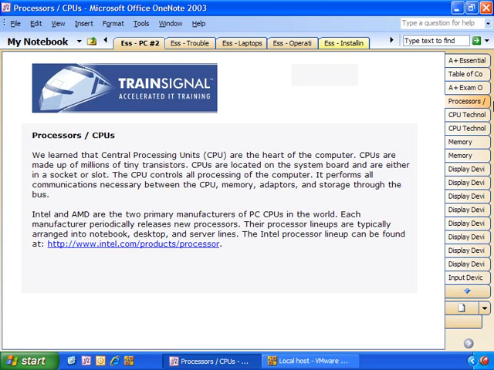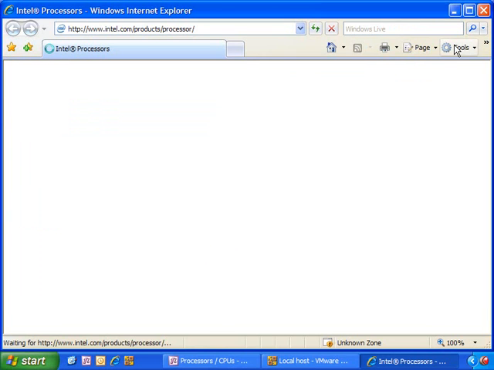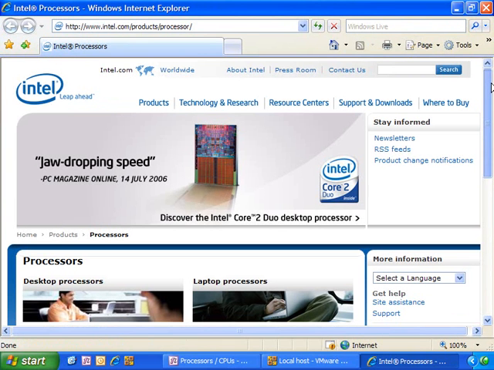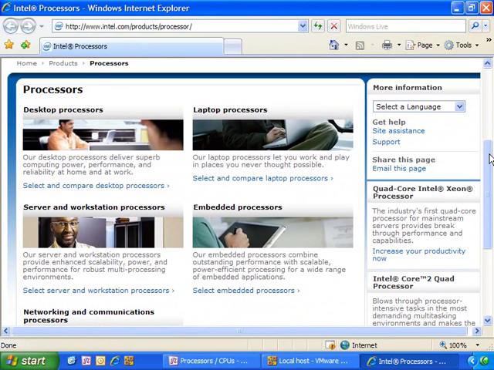Now, Intel and AMD are the two primary manufacturers of PC CPUs in the world. Each manufacturer periodically releases new processors, and their processor lineups are typically arranged into notebook processors, desktop processors, and server processors. For example, the Intel processor lineup can be found at this URL right here. Alright, so I'm going to click on this link. And if we scroll down, you can see that their processor lineup is arranged in desktop, laptop, server and workstation, and embedded processors. So if I click on the desktop,